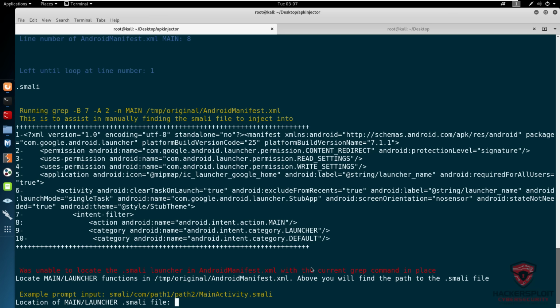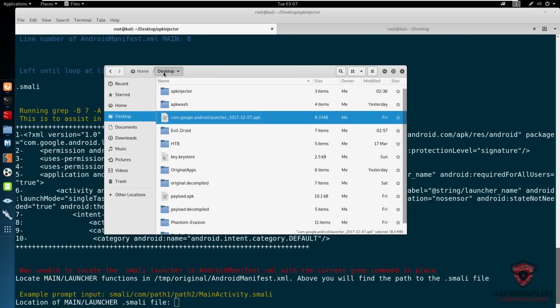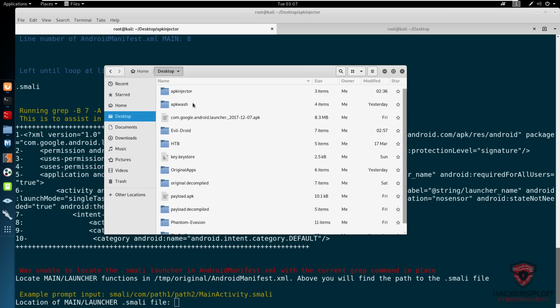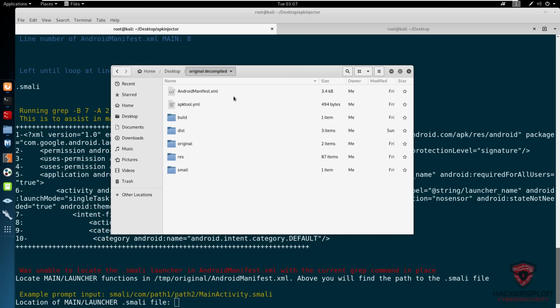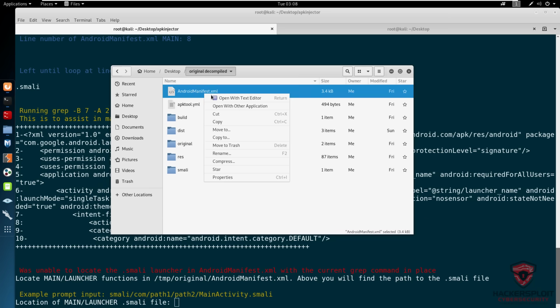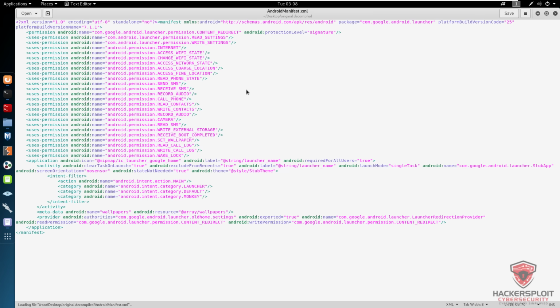And that's why I had to make the video showing you how to decompile and how to embed payloads manually. So if we go back into the decompiled application folder, which I renamed original decompiled, and as you can see, that was created on Saturday. So if I go in here and I open up the AndroidManifest.xml file, I told you the two lines you're looking for are